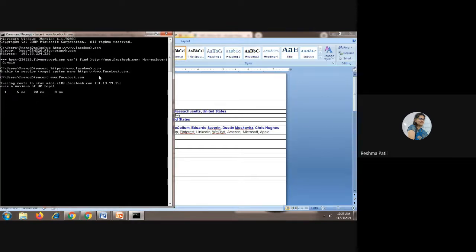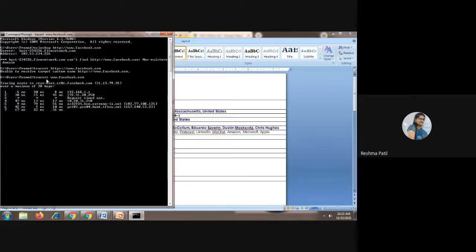Here you will check all the middle servers. If you want to reach the final Facebook server that is located in the US, we are not connecting directly with that server. There are other servers in between also available. So here we are calling them a hop. How many hops are there between you and the actual server? That is mentioned here under this tracert command.